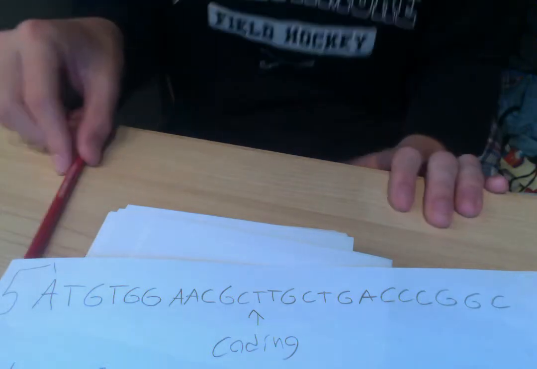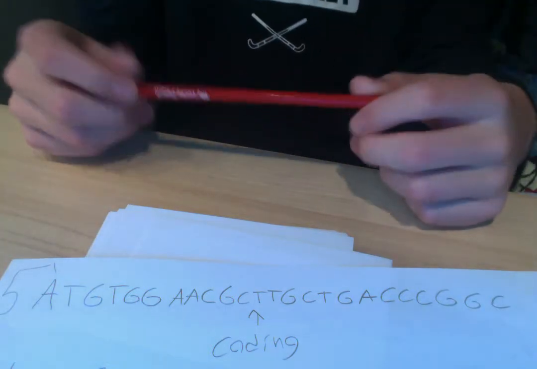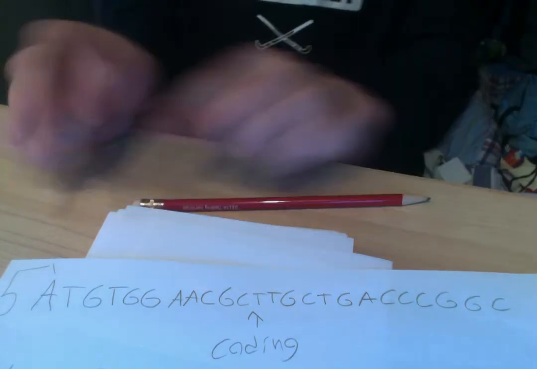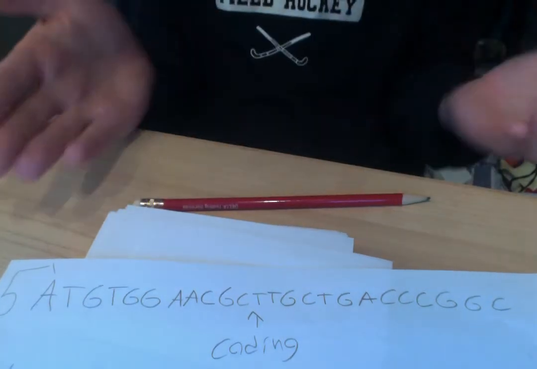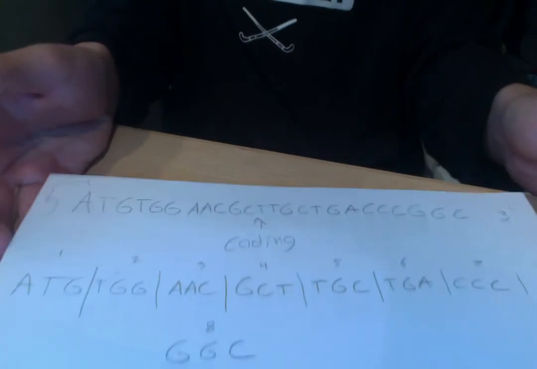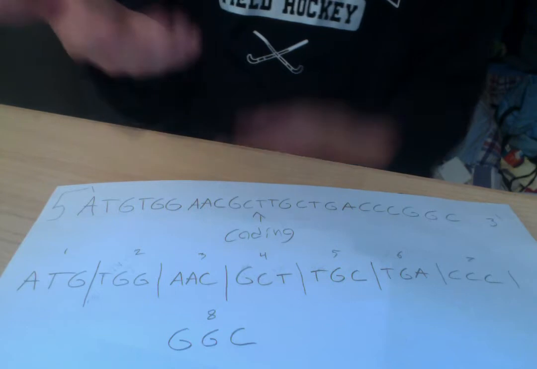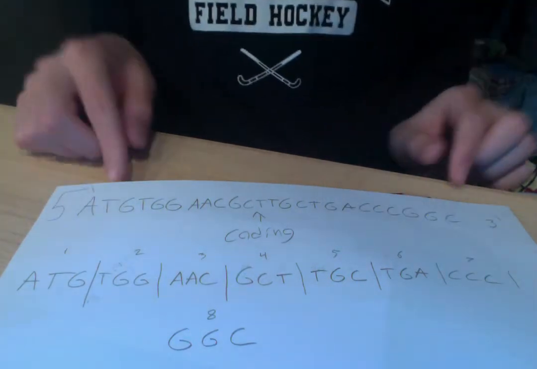Hello. So for my prompt, I decided to talk about the different types of point mutations. To start off, I have written out our coding strand in the 5' to 3' direction, and I divide it into our different codon segments. I think it's easier to illustrate the different types of point mutations in this kind